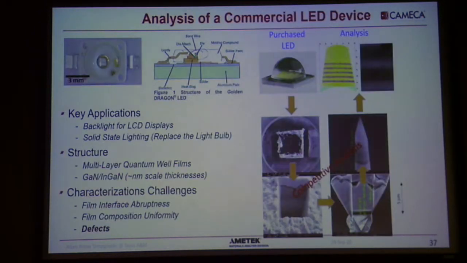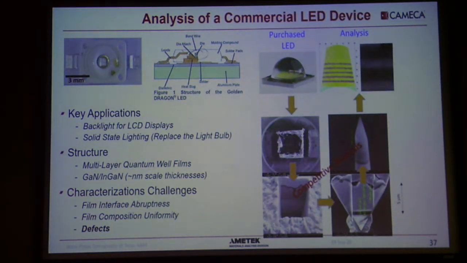We can talk about additive devices. So with additive devices, what we've done is that we went to Best Buy. We purchased an additive device and we deprocessed it. Okay, and we wanted to analyze it with the Atom probe. So we used the FIB to prepare the sample, but the real difficulty is that we could have some defects,